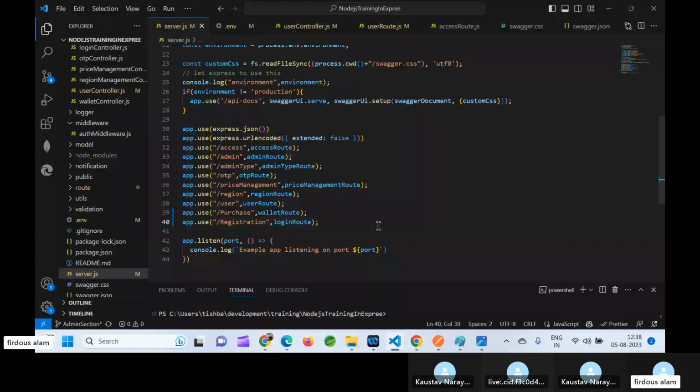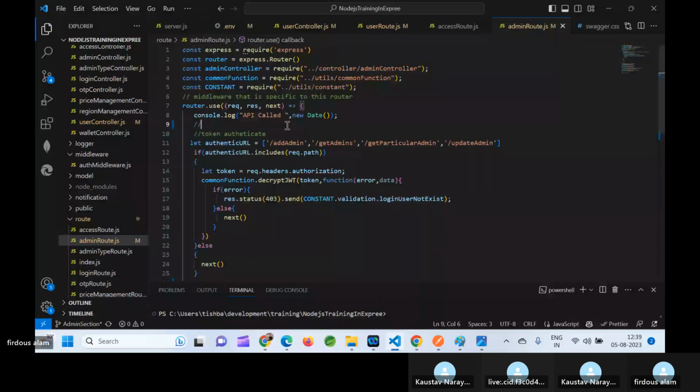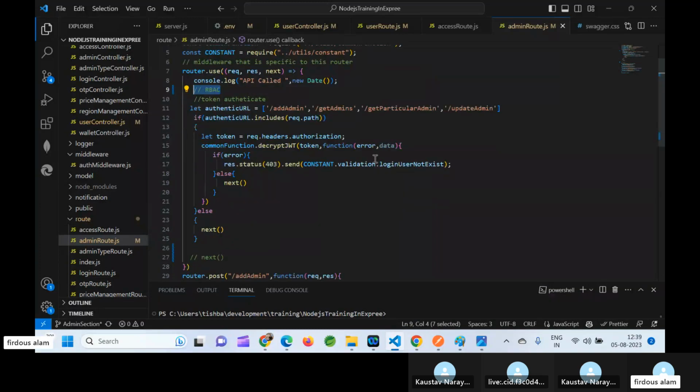See, in between the routes, what I was expecting to do here is implement RBAC. RBAC means role based access control. Like this is your admin route. So what I expect from this,